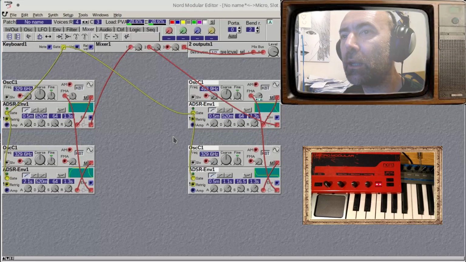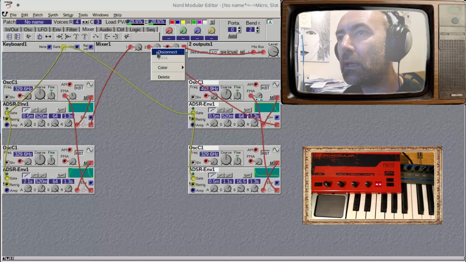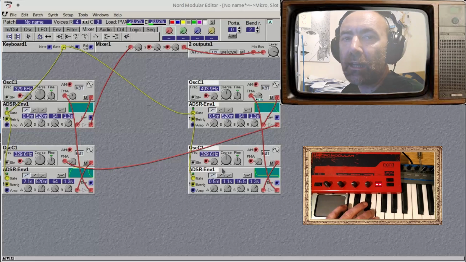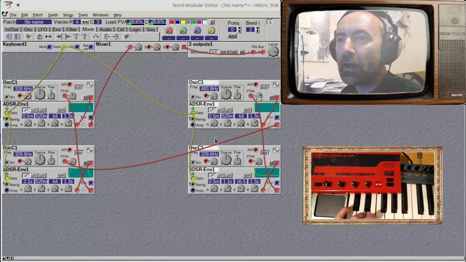Another thing that we can do really quickly is, if we disconnect this, we'll have another algorithm. So we will take that out and put it into the FM of one of the other operators. So now effectively we have stacked up 4 operators, one on top of each other, and they all feed in a little bit of harmonic richness as it goes through. If I open this up now,